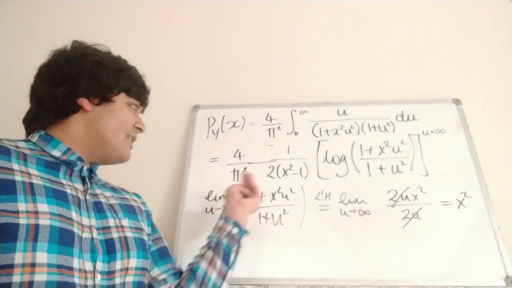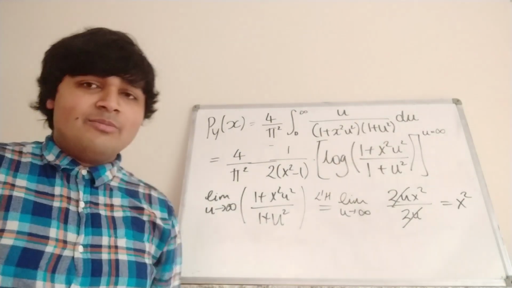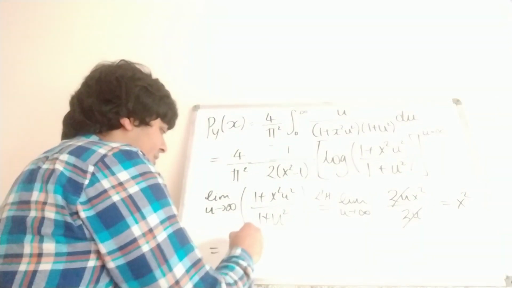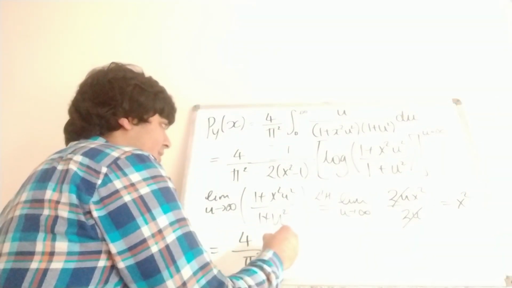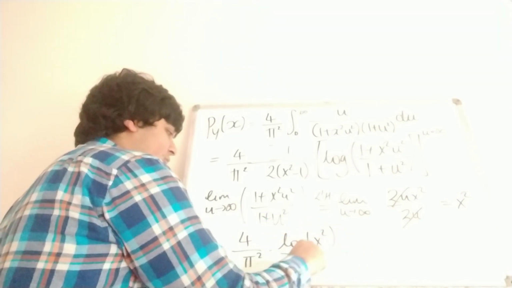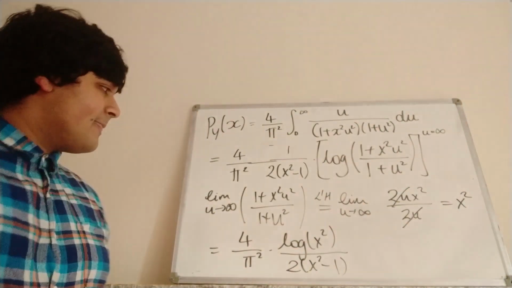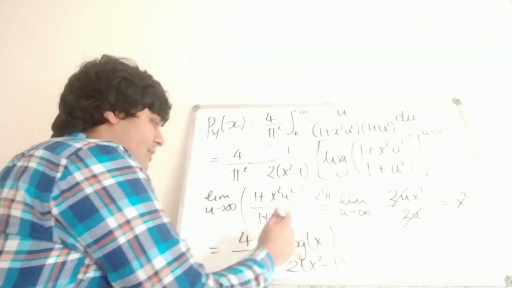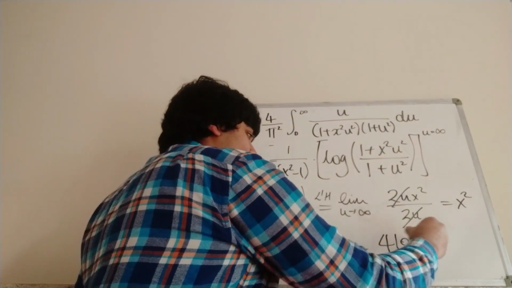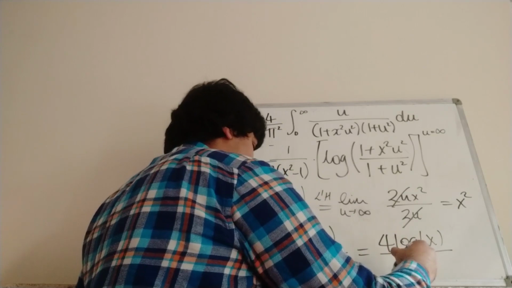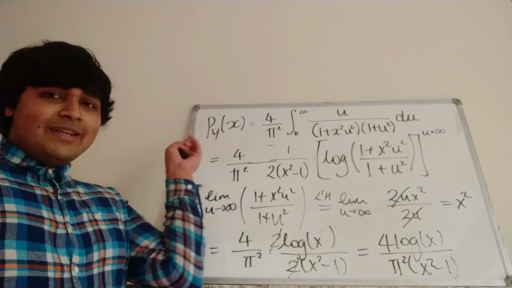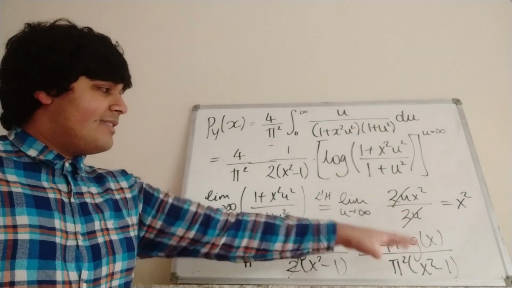Okay, and of course we can bring the limit as u goes to infinity inside the logarithm, because the logarithm is a continuous function. So all in all, this guy here just equals 4 over pi squared times log of x squared divided by 2 x squared minus 1. Okay, this log x squared, well, we can bring this 2 out the front here, but that cancels nicely with that 2. So all in all, we're just left with 4 log x divided by pi squared times x squared minus 1. Okay, so the probability density function for y is given by this thing here,